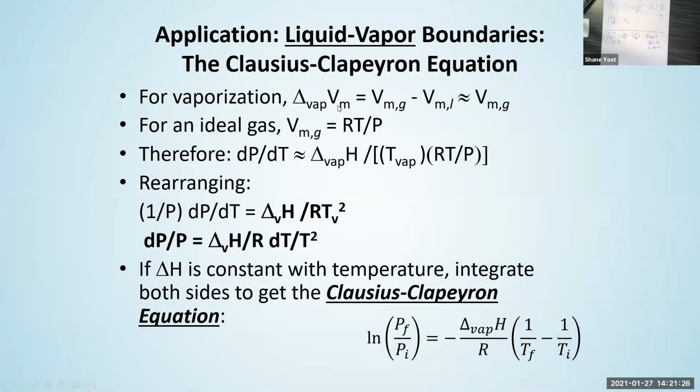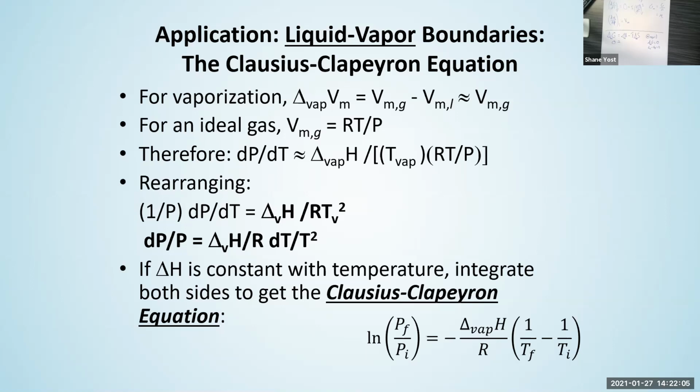So we'll use the fact that for vaporization, you have the molar volume of the gas minus that for the liquid. We're just going to assume the volume that the liquid occupies compared to gas is very small, which is a very reasonable assumption. If you were to boil 1 liter of water, or have the same number of moles of water at room temperature and pressure, 1 atmosphere, 298 Kelvin, the volume that would take up